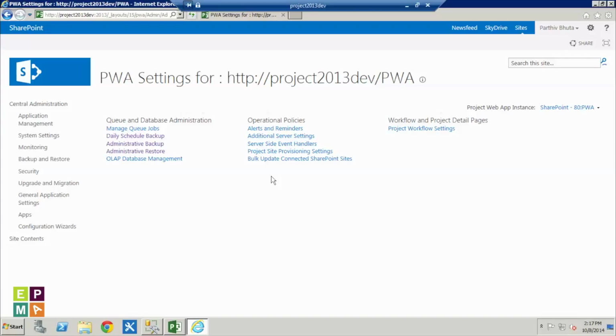So let's see, how do you restore your project? When would you want to restore a project? Well, there are a couple of instances when you would want to go ahead and restore your project. So for example, one instance, and this is something that we've seen a lot, is I'm a project manager, I go ahead and create this project, I make all these changes, there's a scope change on my project, and I've gone ahead and added hundreds of lines of tasks in my project because of the scope change.